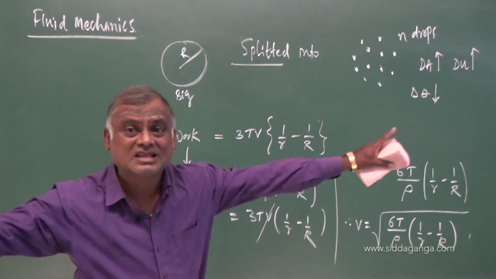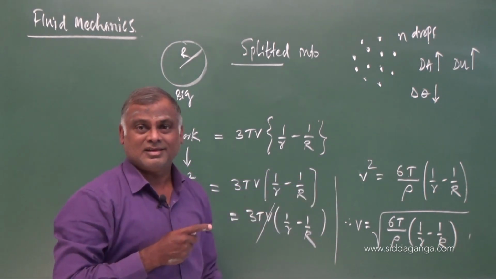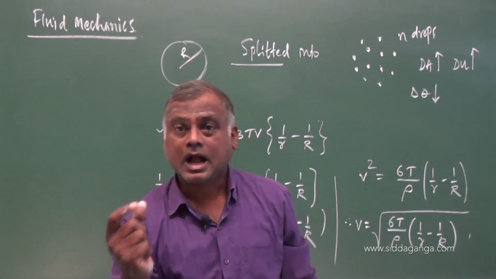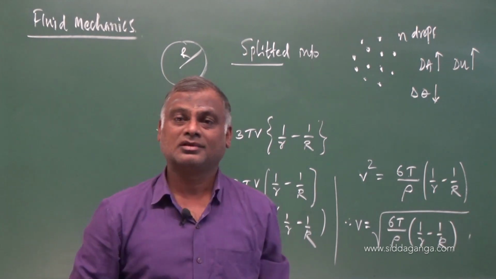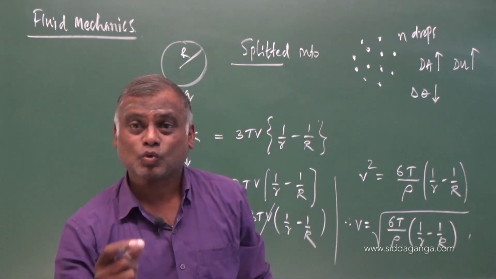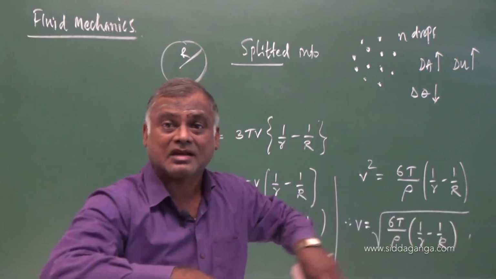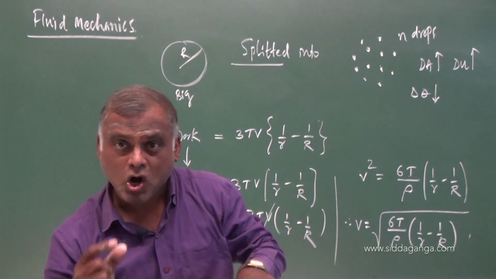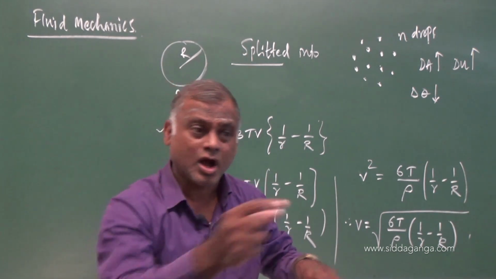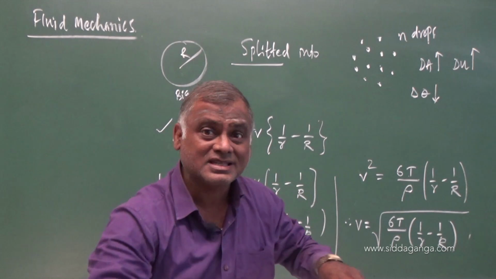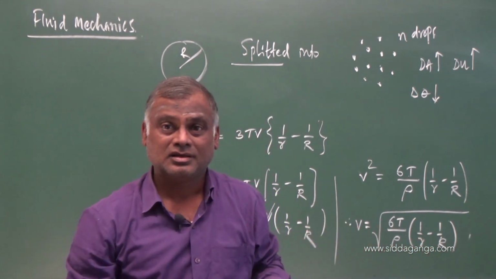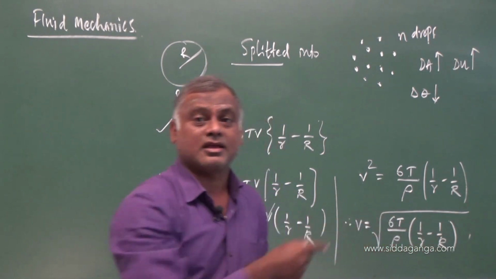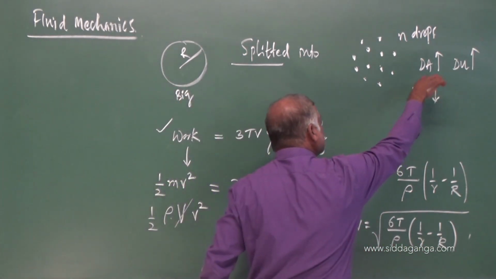Because of the sudden increase in surface area, it gets cooled. For example, if you take hot water in a cup, it is hot. When the same hot water is taken in a big plate of more surface area, when you take the same cup of hot water or hot coffee or hot tea onto that bigger surface area, the surface area increases, surface energy increases, and suddenly it cools quickly. Means there is a decrease in temperature.